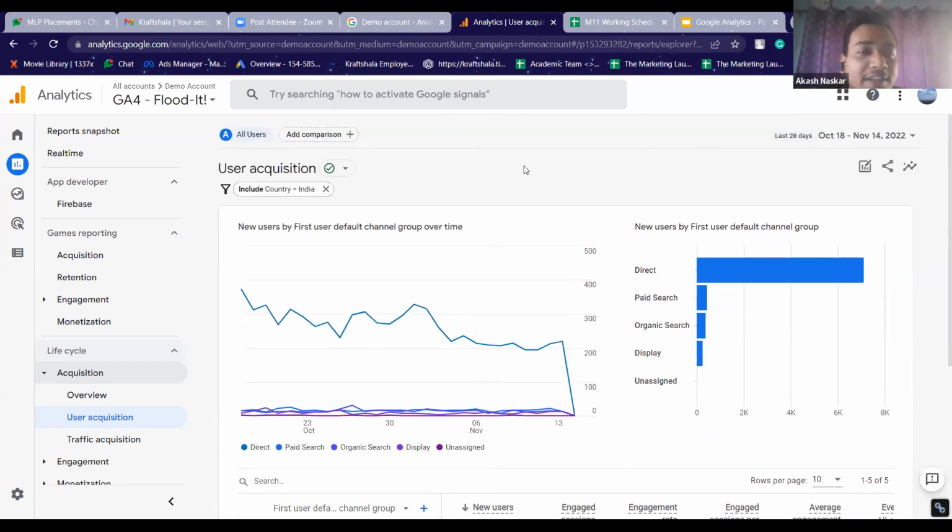Now, what is the difference between a filter and a comparison? The only difference is that when you're filtering out the data, you can only put one filter at a time. But in comparison, you can put multiple filters. You can compare male and female together in the comparison. But if you want only one segment of filtration to be done, then you can put that in the filter. Now, how you use it is totally up to you.